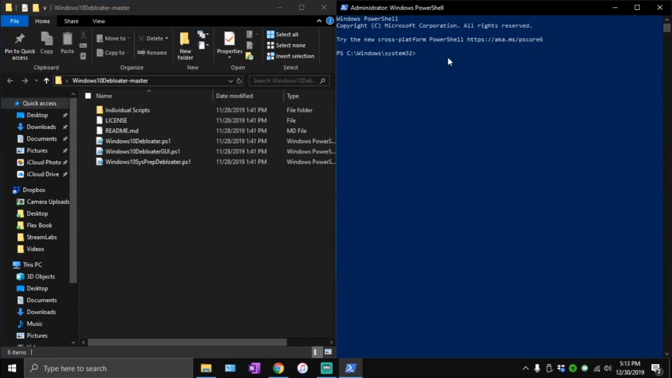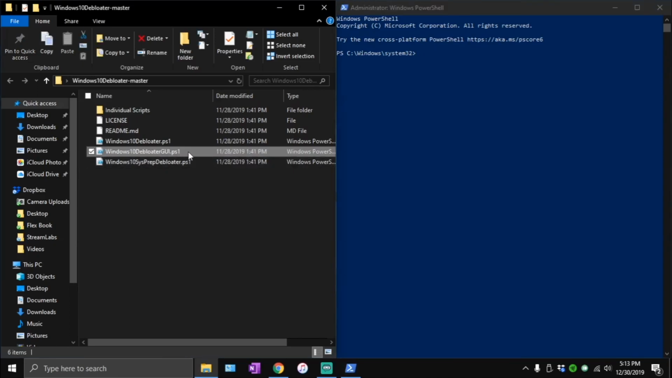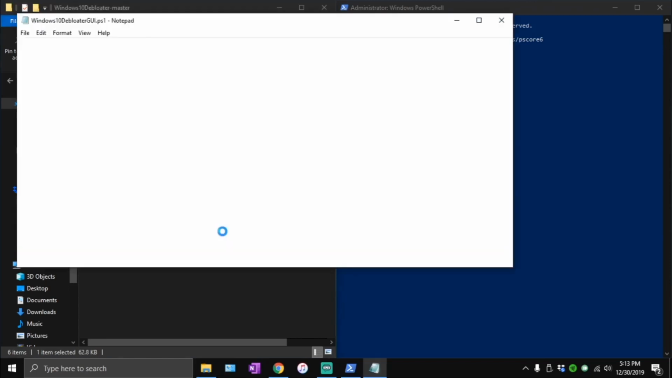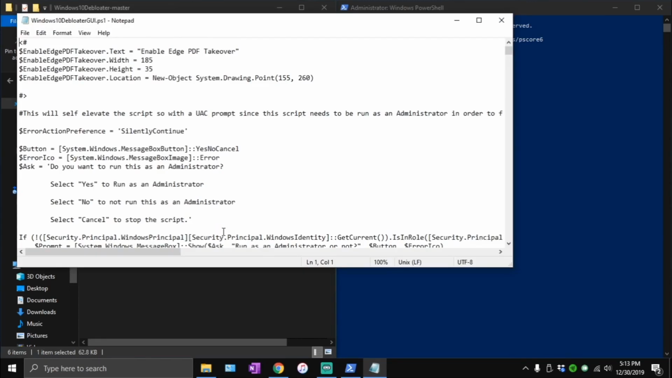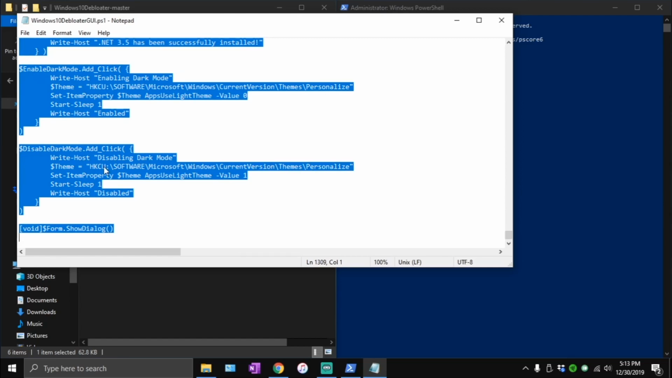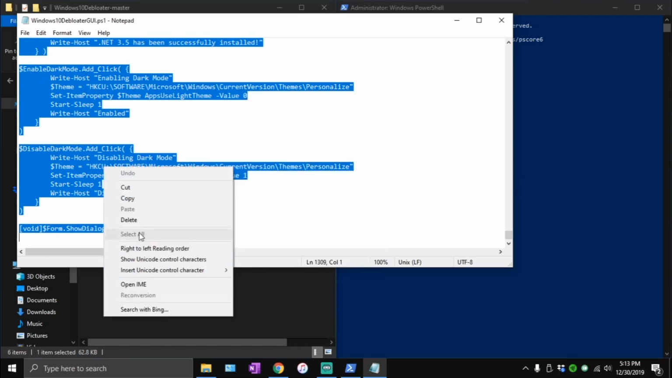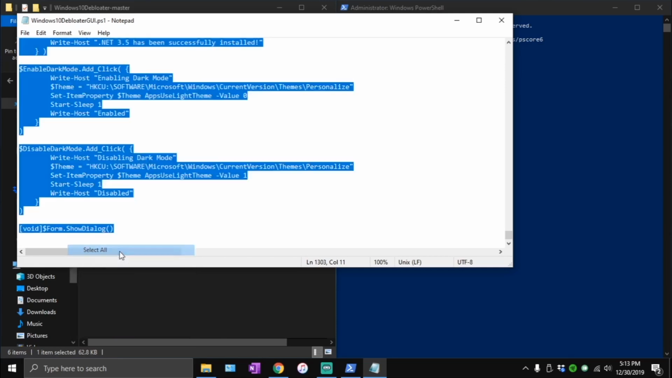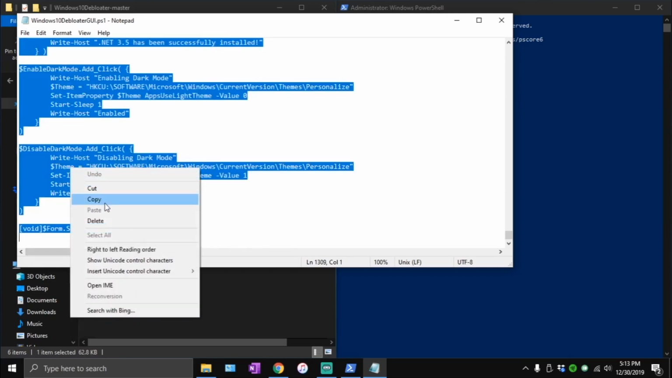Then you'll get a prompt, and just click yes on it. Then Administrator Windows PowerShell should come up. Then go to this one, the Windows 10 Debloater GUI PS1. Double click on it, and then what you want to do is select all inside of this. If you don't know how to select all in something, it's usually Control A. So click somewhere on it, anywhere, hold down Control, hit A, or right click and then click select all like this, then right click and click copy,